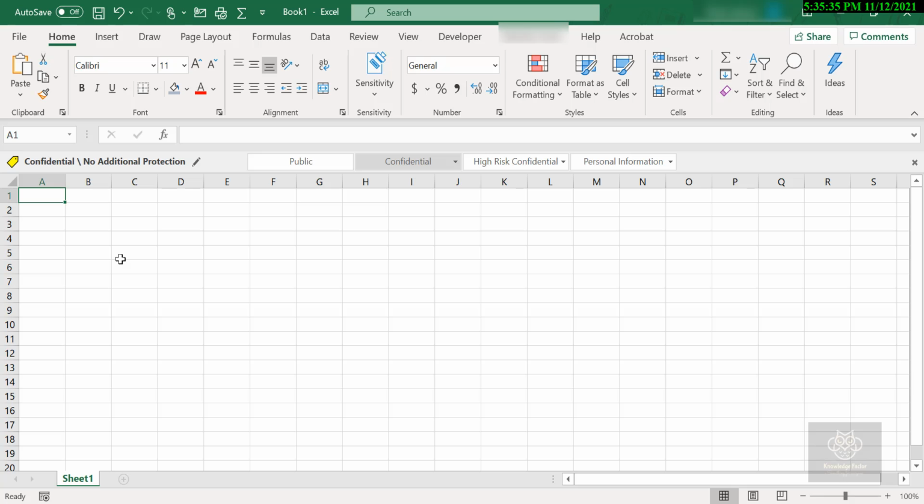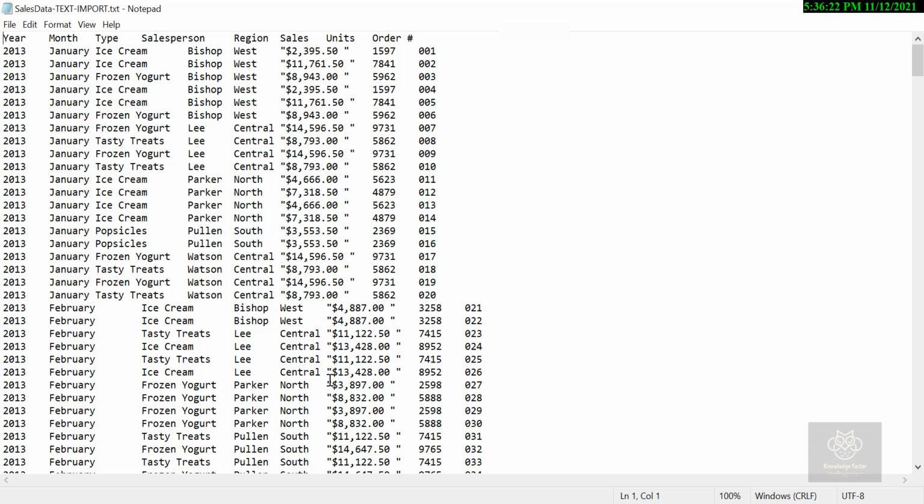In this instance, we are going to be importing data from a tab delimited text file. Now, I'm going to show you what the text file looks like by default. I have kept it open on my computer in the native application. In this case, it's Notepad. We'll see what it looks like, and then we will see how to import it into Microsoft Excel.